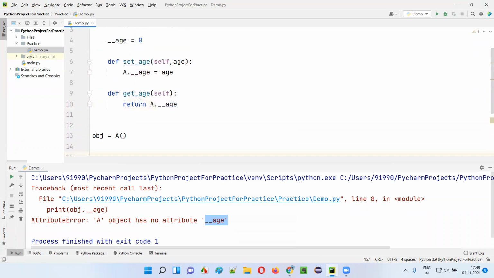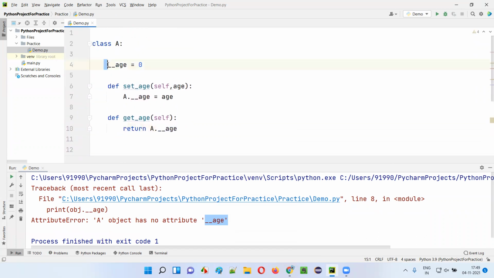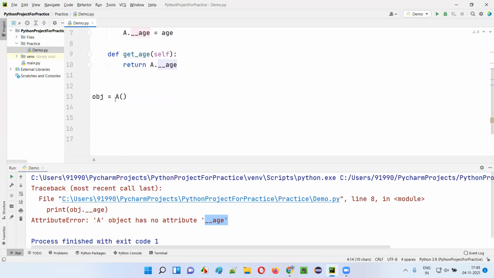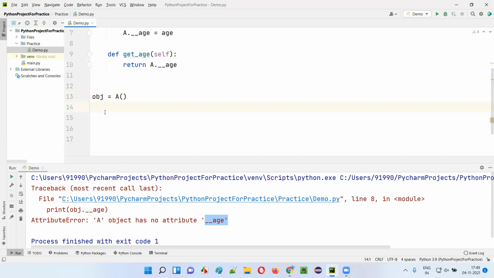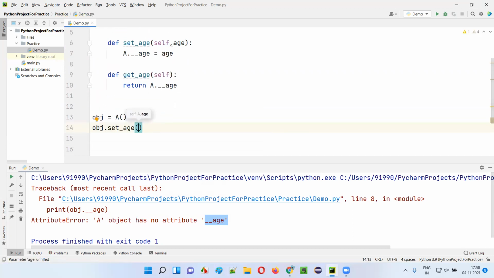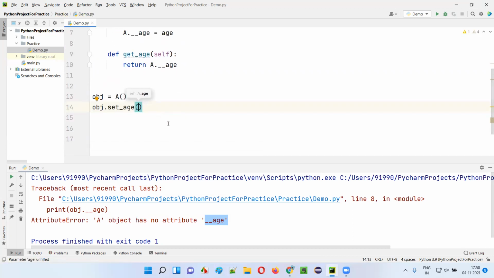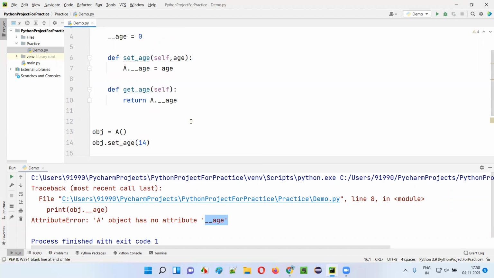Now, guys, from outside the class, can I modify the value of this private variable which is inside the class? And also, can I get the value? Let's see. I'll say obj dot set age. I just need to pass some age, guys. Let me pass the age as 14.